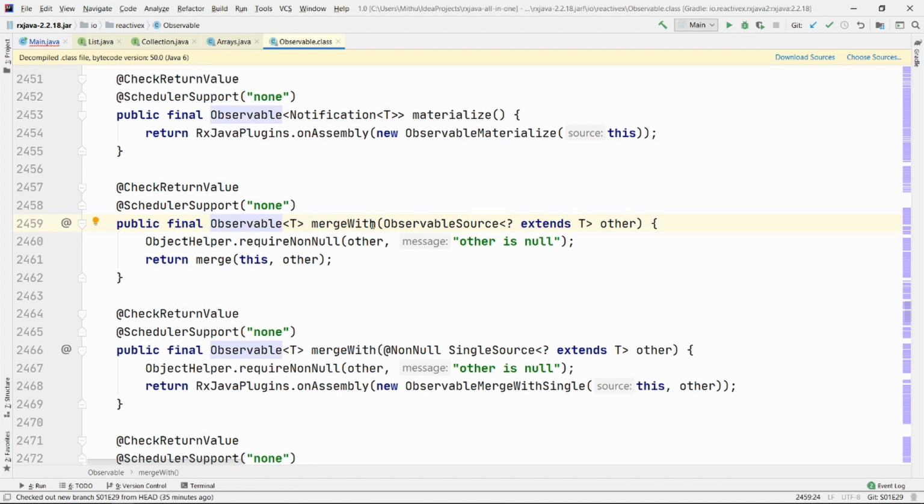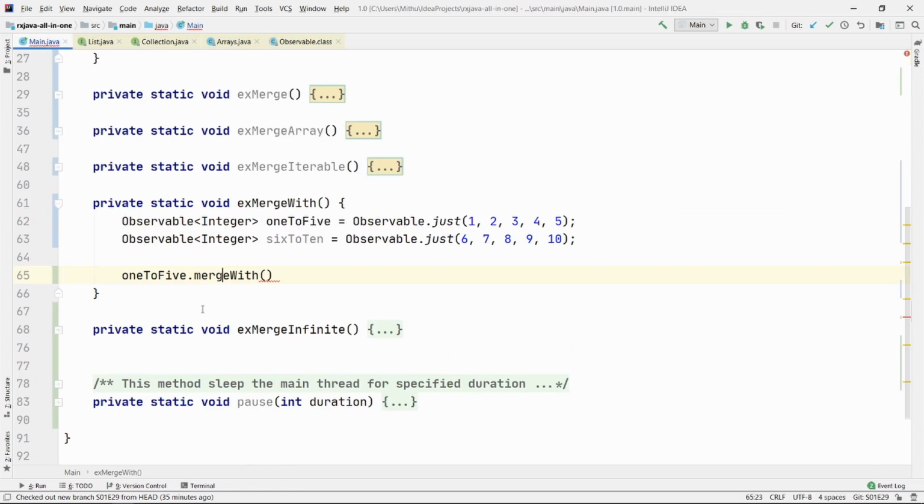But keep in mind that it will take only 1 observable. So you can't pass unlimited observables, or 2 or 4, but only 1. It's very handy if you want to merge 2 observables together. So let's go ahead and subscribe, because this also gives us an observable, very simple, and print it.